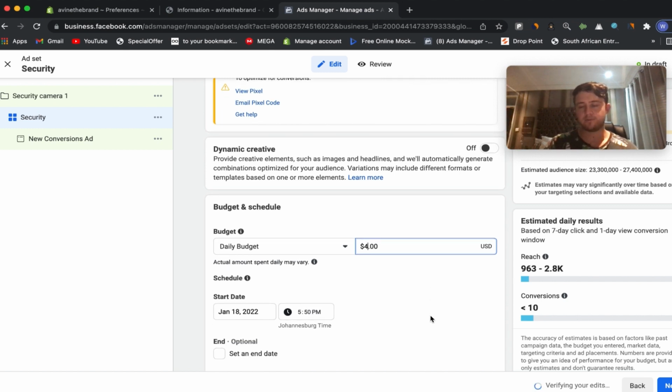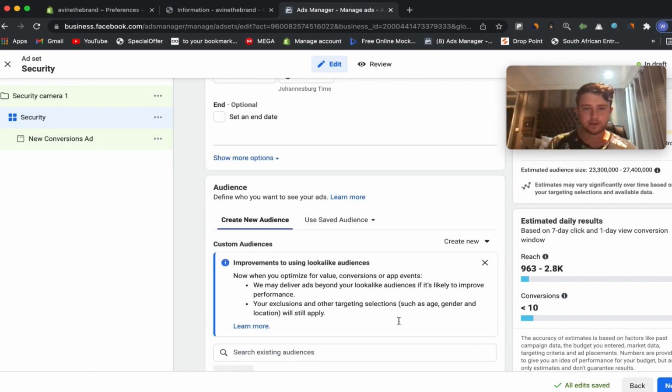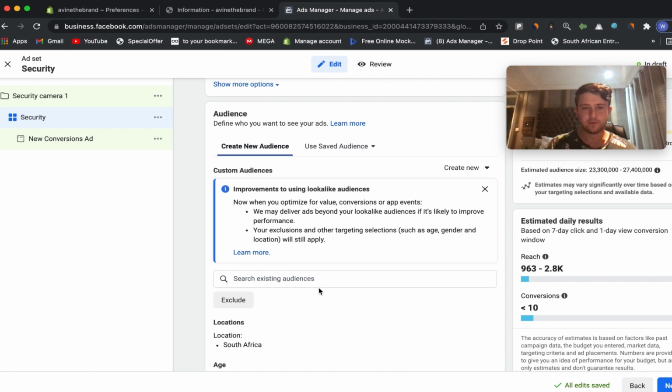You can even start with more. It's just with Facebook ads, if you're gonna spend 50 Rand for 2 days, it's basically the same as spending 100 Rand for 1 day, right? You're just gonna see what's gonna happen faster. Just start with $4, and then we want to